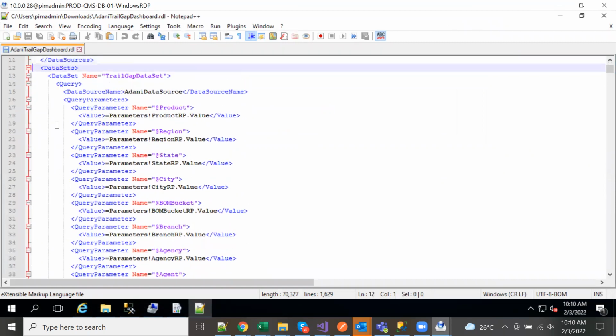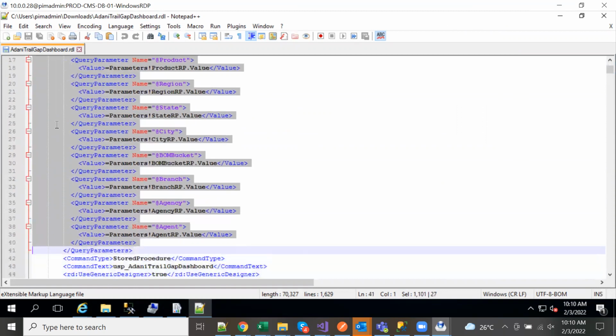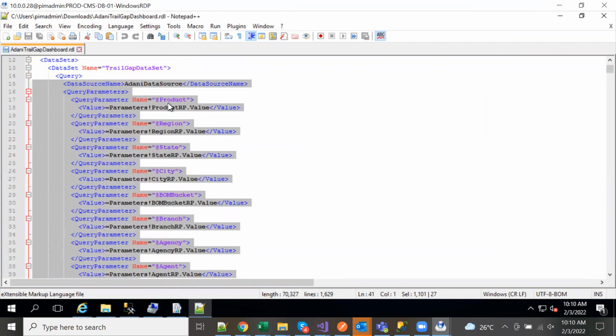In this are the parameters wherein we have seen that there was product, region, state, city, bomb bucket, branch, agency, agent.